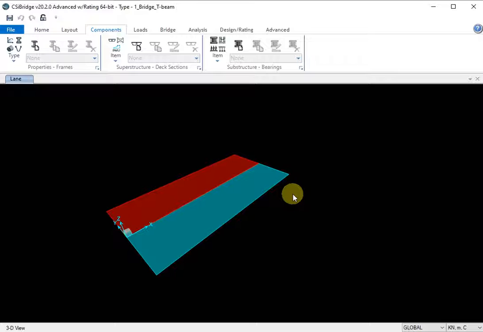So usually here it will run from the top of this deck up to this foundation, but here we are not going to model the complete depth of the abutment. We are going to model only part of the abutment. Okay, so let us consider this abutment here. So your abutment will come here. So you can just see here.